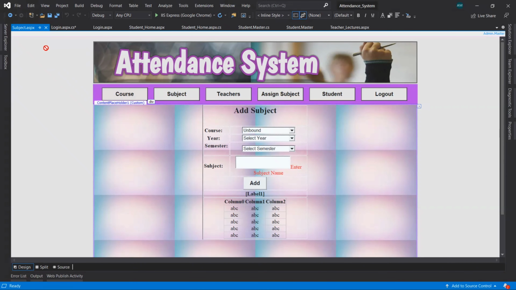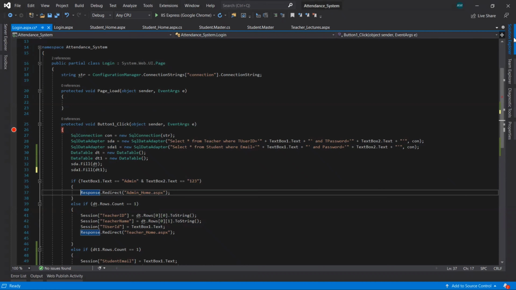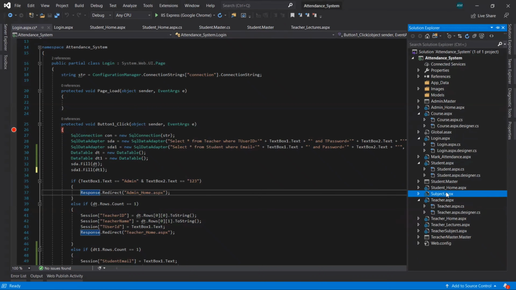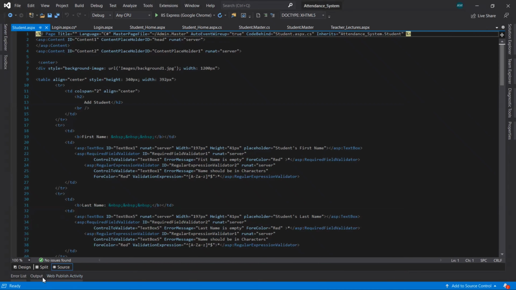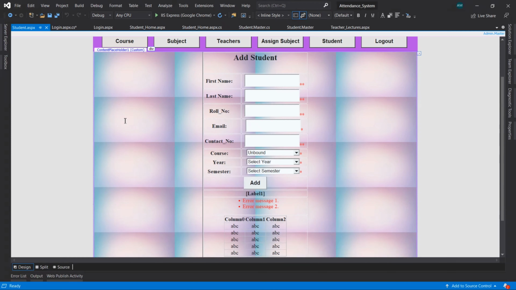Oh sorry, I have opened the subject page. My mistake. Student. Yeah. So let's add the new text box field for the password just after the contact number.